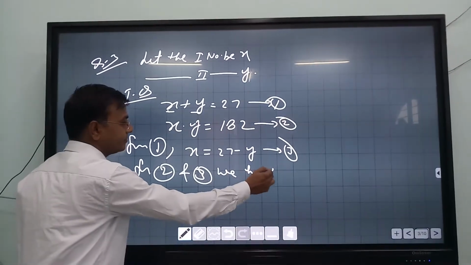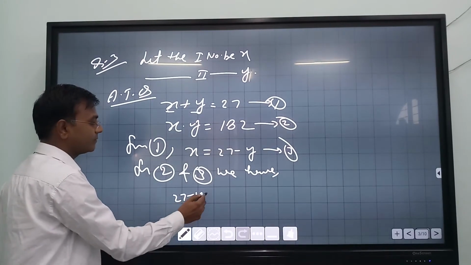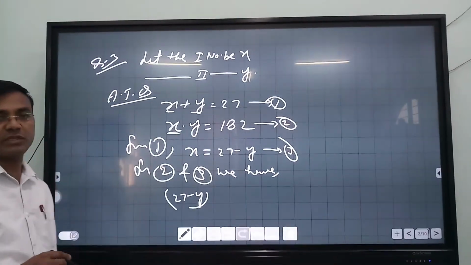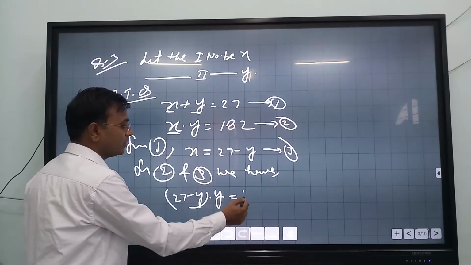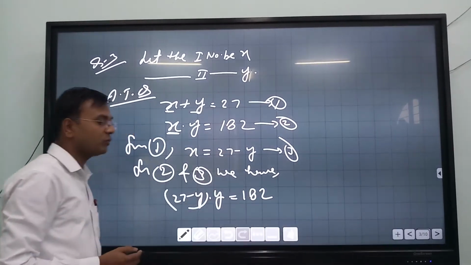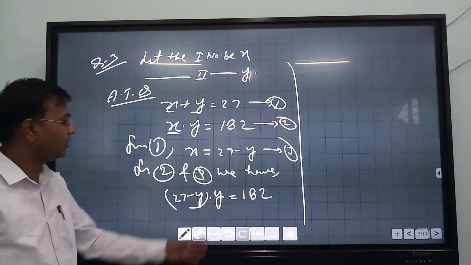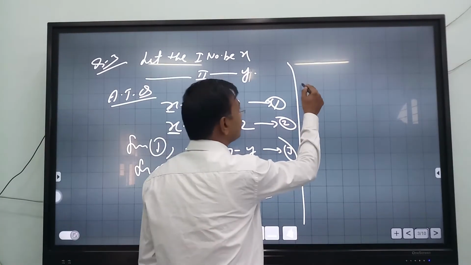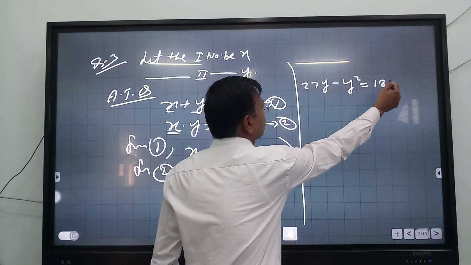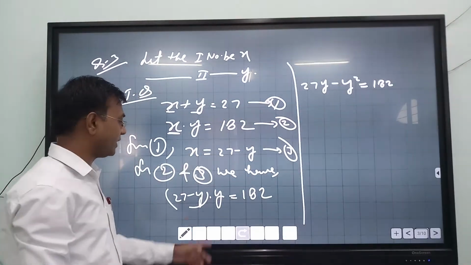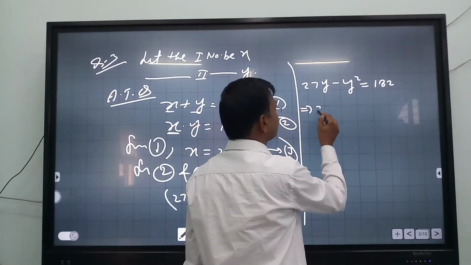We have second and third. Substitute at the place of x, 27 minus y, into y. y as it is equals 182. Now multiplying this y, so 27y minus y square equals 182. Check the product with the braces, and now this implies